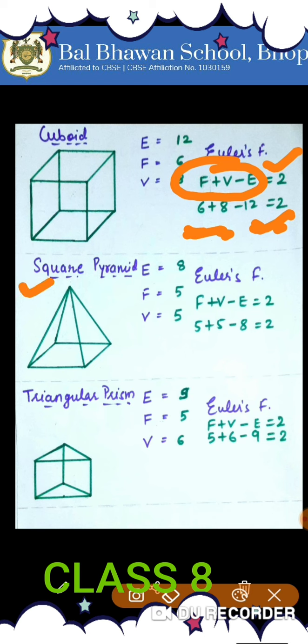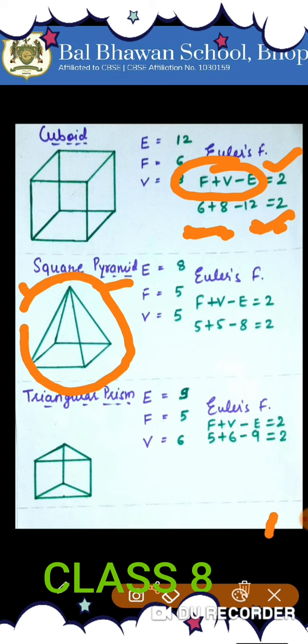Now next is the square pyramid. Children, do you know what kind of shape is called a pyramid? Actually, a pyramid is a shape where all the side faces meet at a common vertex. Now here, since the base of the pyramid is a square, the name of this pyramid is square pyramid, right? Means the name of the pyramid is based on its base only. If the base is triangular, it is called a triangular pyramid, and if the base is square, it is called a square pyramid, and if the base is pentagonal, then that is called a pentagonal pyramid.